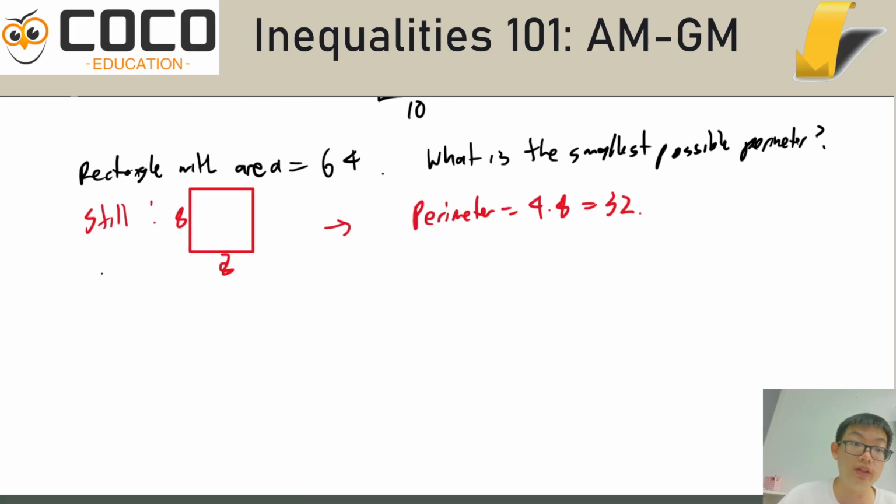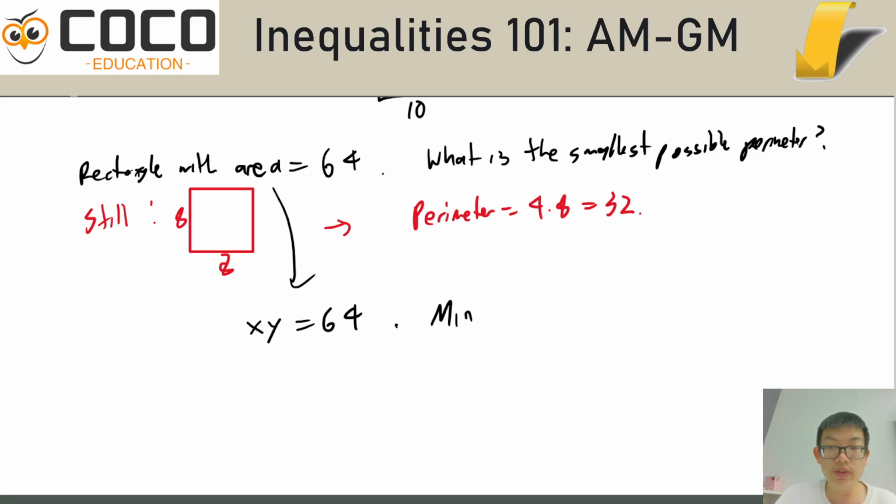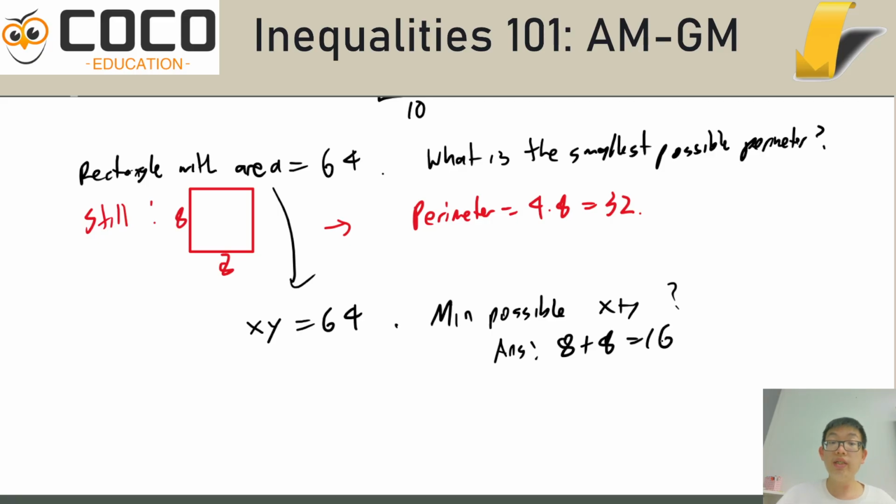If I were to tell you that, okay, here, let's change it to xy equals 64. What is the minimum possible value of 2 times x plus y? Or you know what, just forget the 2, there's the x plus y. Well, that's the same question, right? So we are saying that it is just going to be 8 plus 8 equals 16, because if you were to spread them out,